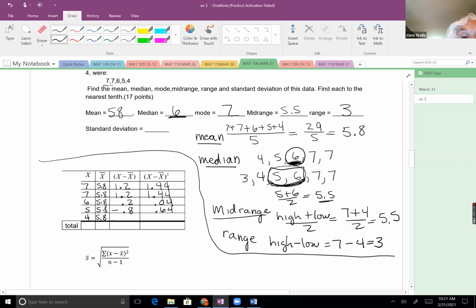And then 4 minus 5.8 is negative 1.8. And when I take that negative 1.8 and square it, I get 3.24. It's not necessary, but I'd like to add that column of deviations because when I add them, they should add to 0. The only time they would not add to 0 is if we had to round to find our mean. Now, when I add this next column,